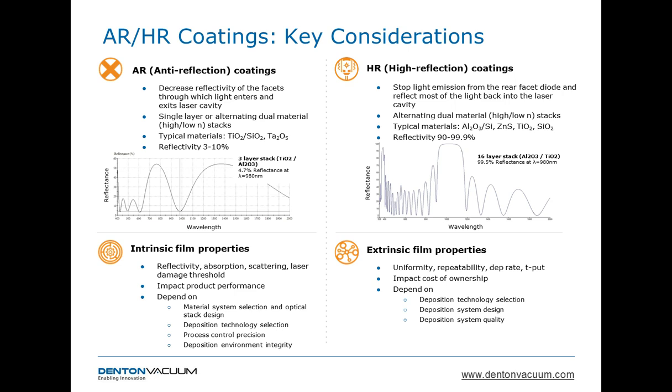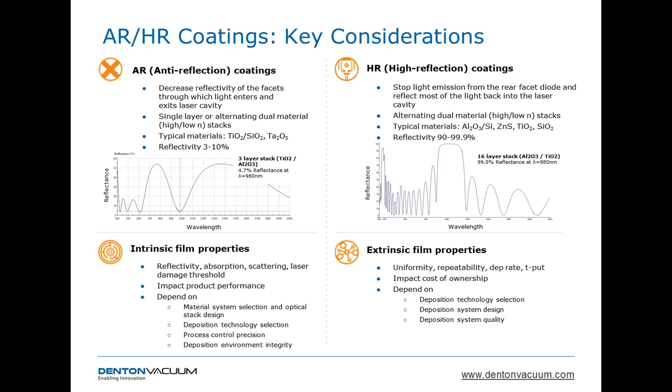This is achieved also with alternating dual material, high and low, stacks. And the typical materials are aluminum oxide, silicon, or zinc sulfide, TiO2, SiO2. There is a broad range